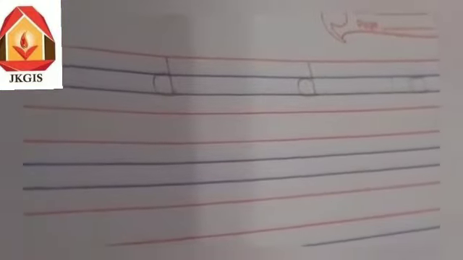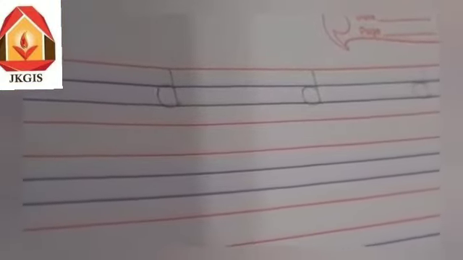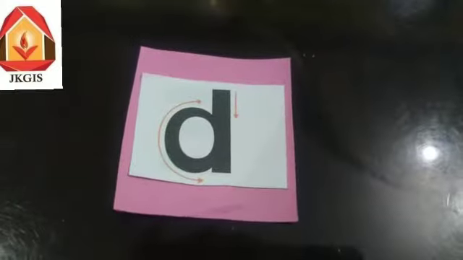So, in this way, you have to write letter D in your English notebook and draw and color a picture related to letter D on the other page. And click a picture, send it to me. Wow, now we have learned how to write letter D. Now it's craft time.